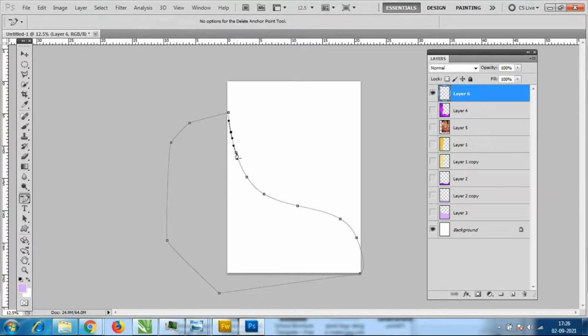With the delete anchor point tool, how much ever points you want, you can delete them. Okay. Suppose you want to add again, you can go to the add anchor point tool. Using this, you can add the curve shapes. You can make the curve shapes, and look here, this antenna, you can select it and make it go top and bottom. Like this, you can do the shapes.